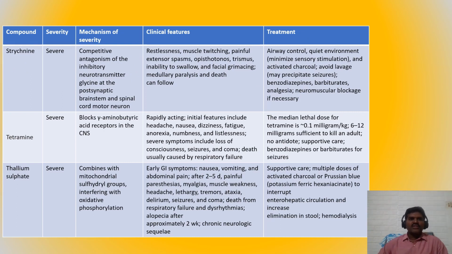Strychnine is a plant derivative. The toxicity manifestation is severe. It acts by competitive antagonism of the inhibitory neurotransmitter glycine at the postsynaptic brainstem and spinal cord motor neuron. We will discuss strychnine